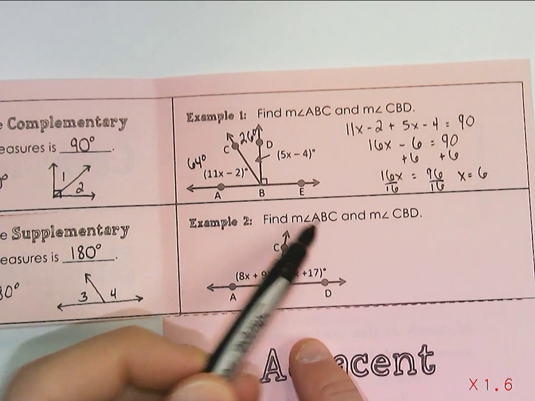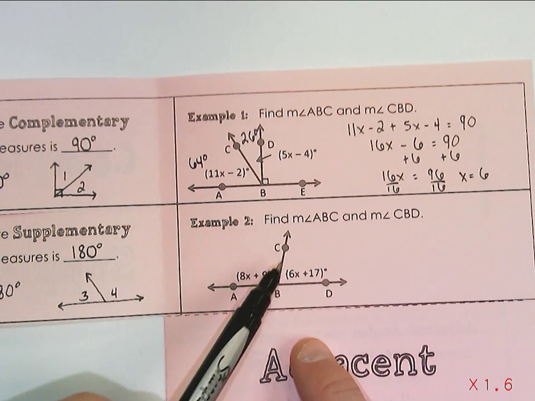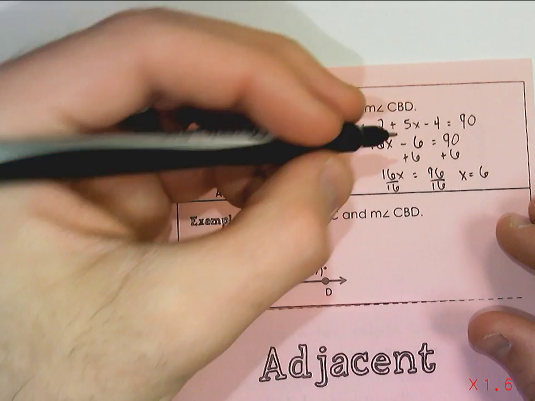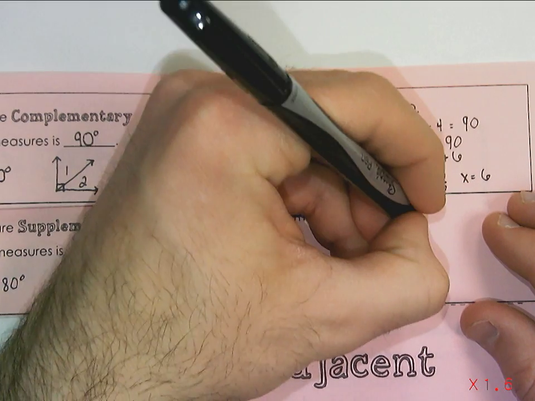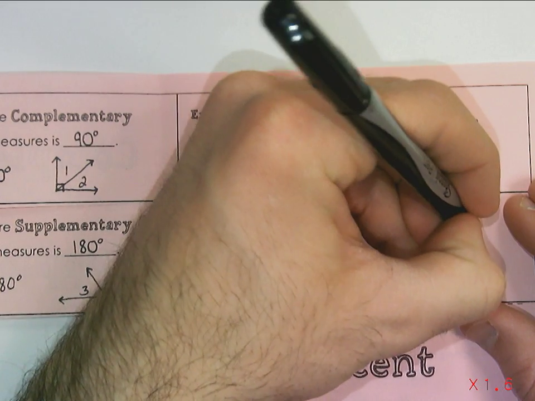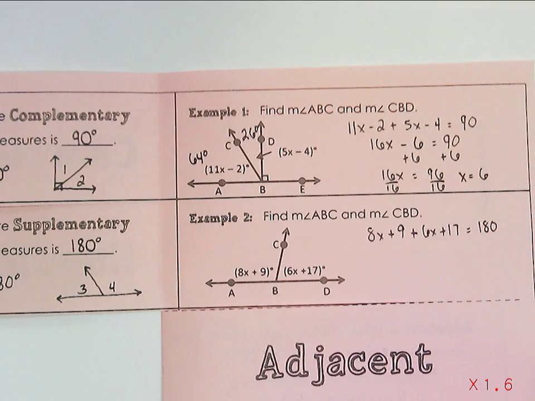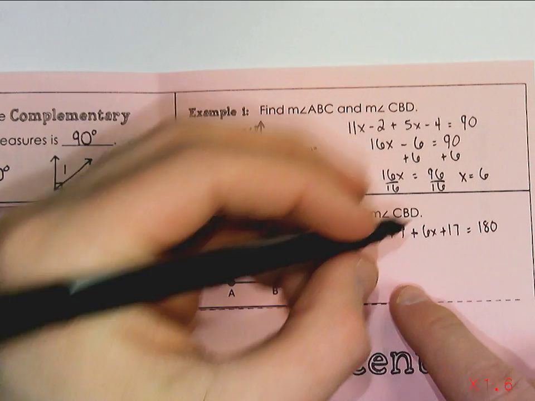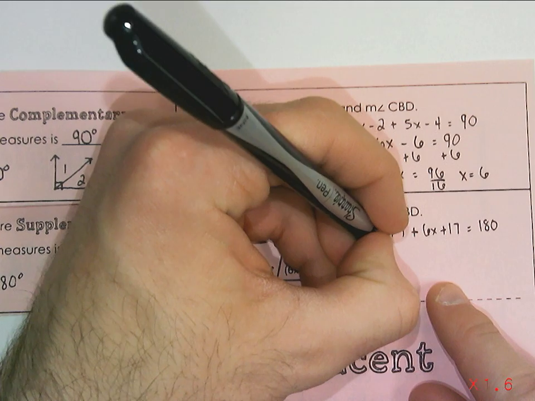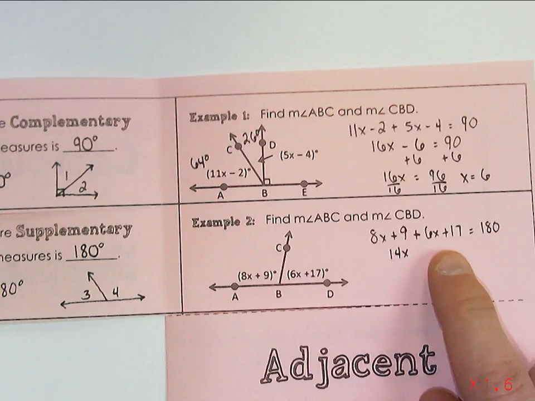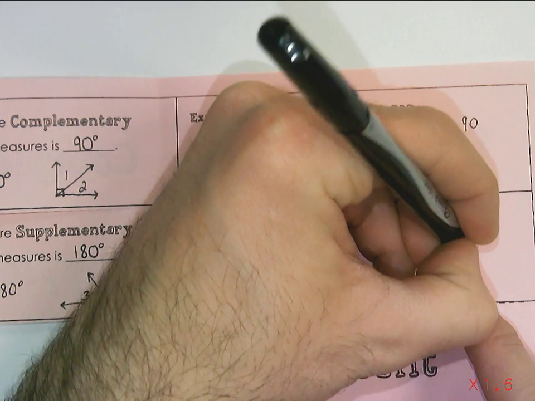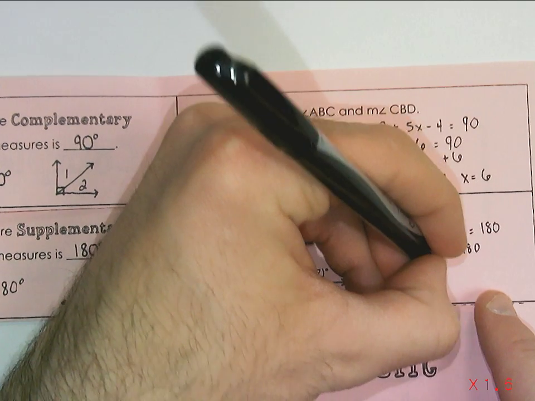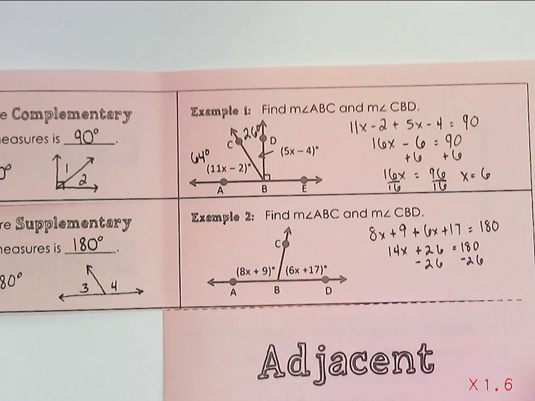So same idea here, measure of angle ABC and measure of angle CBD. So we would have 8x plus 9 plus 6x plus 17 equals 180. I'm going to combine like terms first. 8x and 6x is 14x. 9 and 17 would be 26. Going to subtract 26 from both sides. And if I did that, I would get